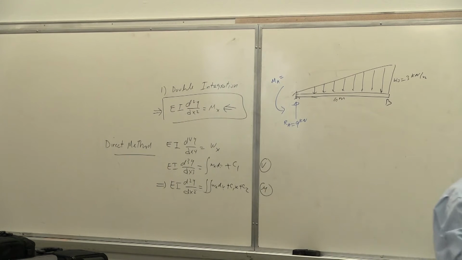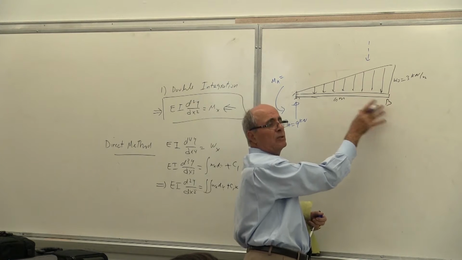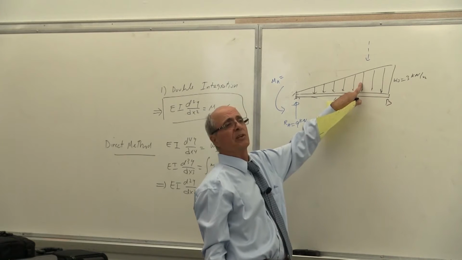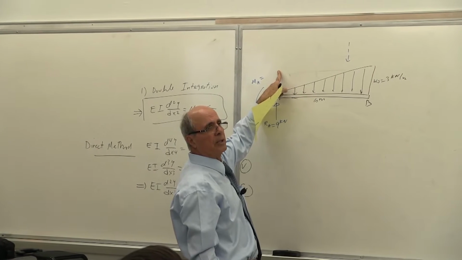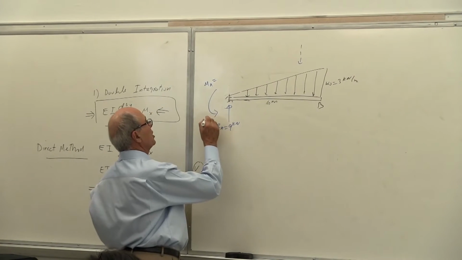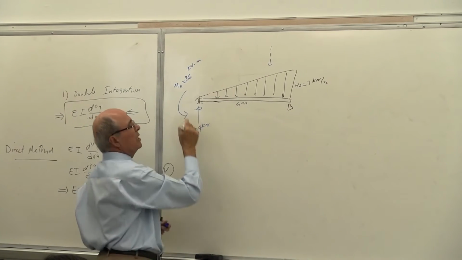What's MA equal to? You should be quick in that because this is very simple statics. MA equal to how much? 9 times what? 9 times 4, not 3, because it's 2/3 and 1/3. That's a triangle. You put the load at 2/3, not at the middle; you put it at the centroid of the triangle. That you're supposed to know. So that distance is 4, correct? 2/3 of 6 is 4. Therefore 9 times 4 is 36. So this MA becomes equal to 36 kilonewton meter in that direction.